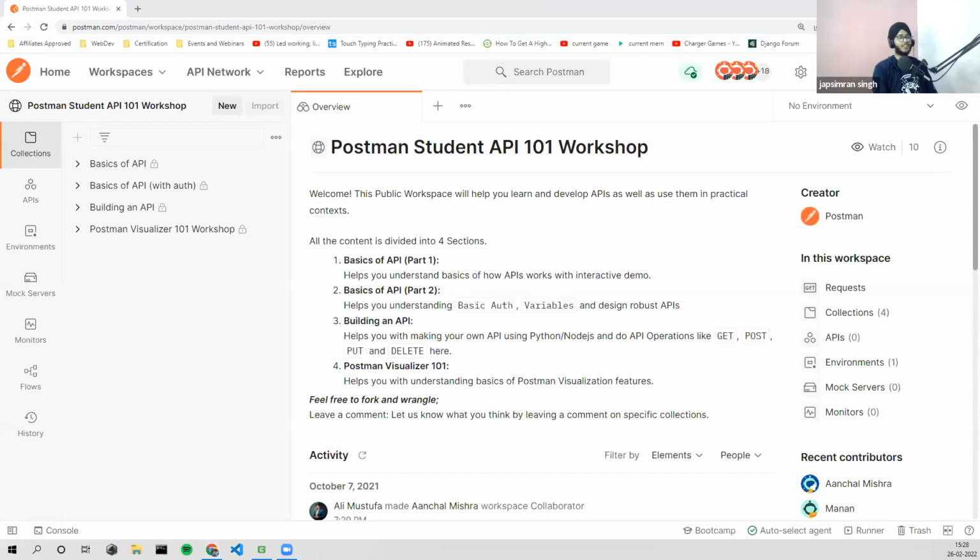Yeah. So what Postman basically is, you saw the slide I showed about using curl, the command line tool to access APIs, and Postman, right?